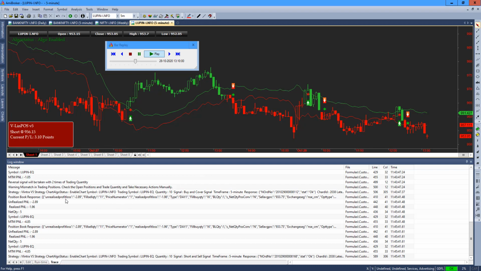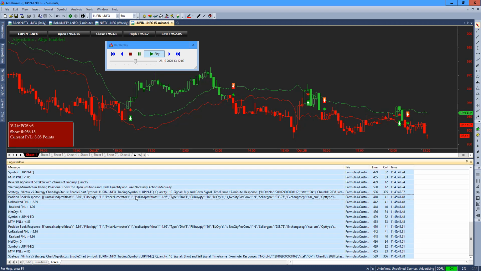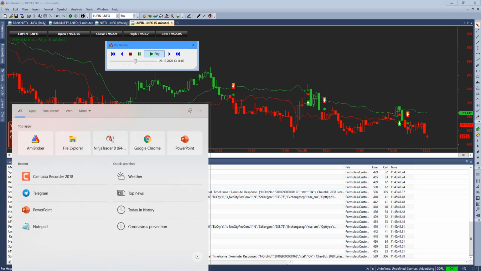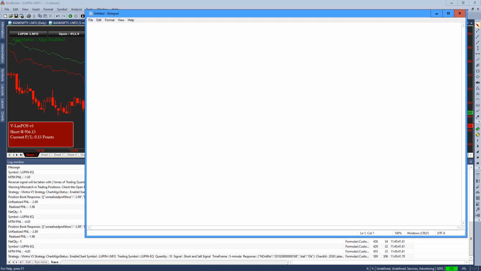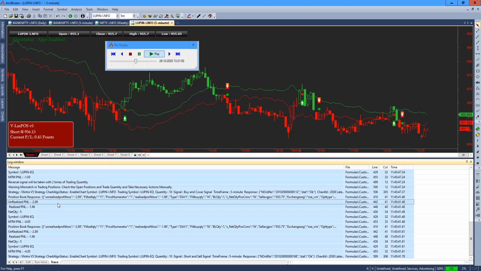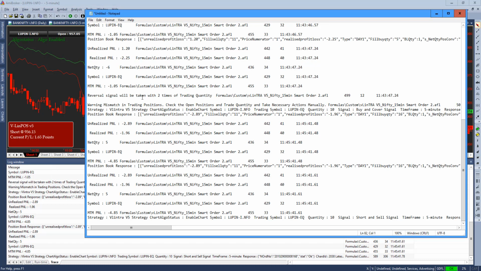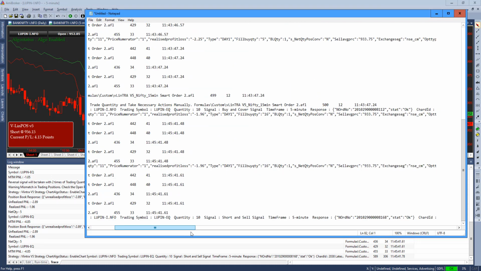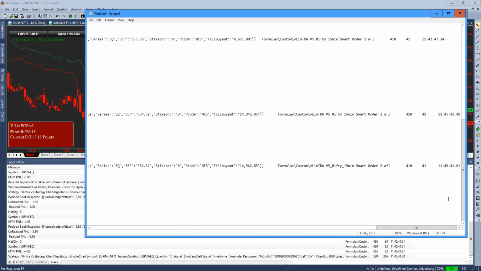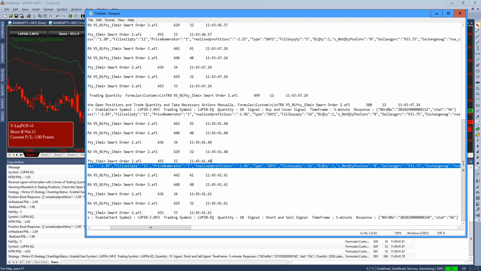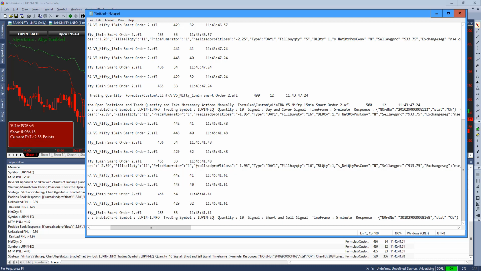And if you want to save the logs, you can always copy the logs and put them into a notepad. Remember one thing: the moment you close AmiBroker, the logs are lost. So you can select Control A, right click and copy, go to your notepad, and paste it over here, and later you can use it for your reference. It comes with a timestamp also. Obviously it copies the timestamp as well, so that will help you decode what went wrong if you want to do any troubleshooting or any trade auditing.